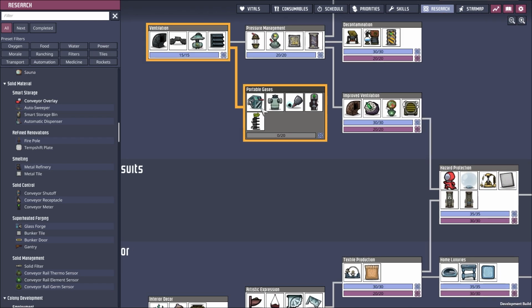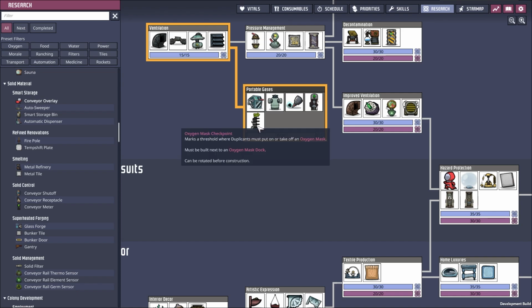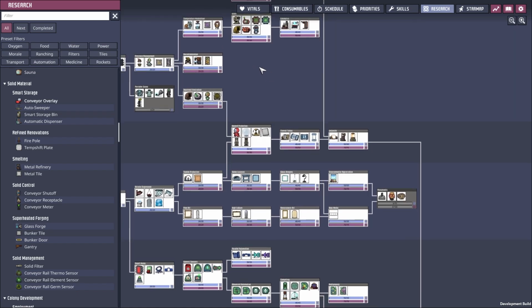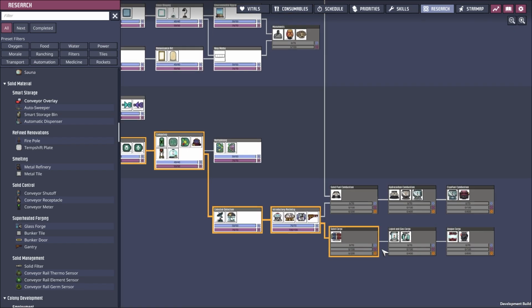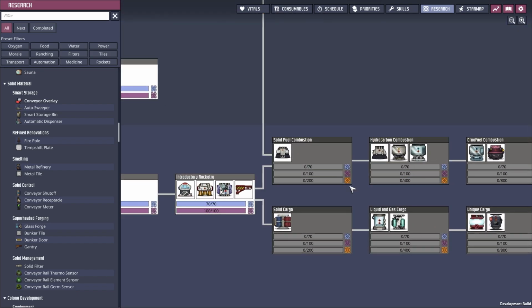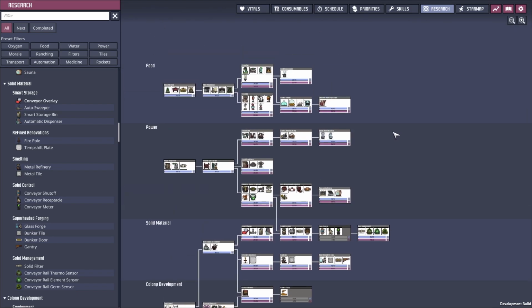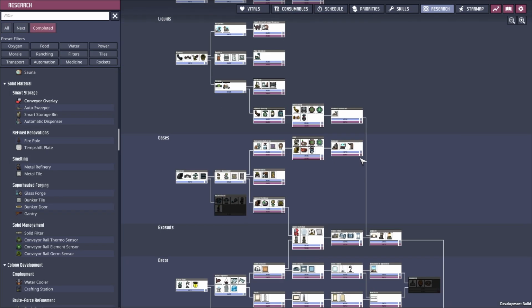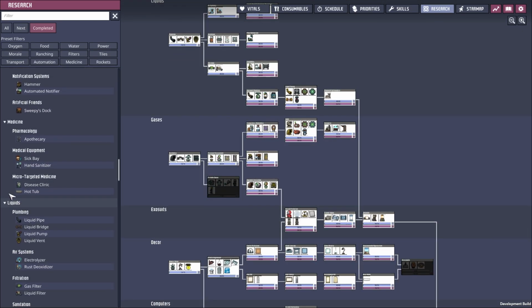We've got new things down here. We've got oxygen mask pattern, oxygen mask door, oxygen mask checkpoint. Basically, that's a low-tech version of the actual Atmos suits. We've got the monument that I need to unlock. Then we got all of these that I need to hit with the like space research, but we're quite far away from there. Well, I need this one first of all, but I can look at only the completed items. Actually, let me turn that off for a second. So only completed items are down here now, which is quite cool. They're all in various